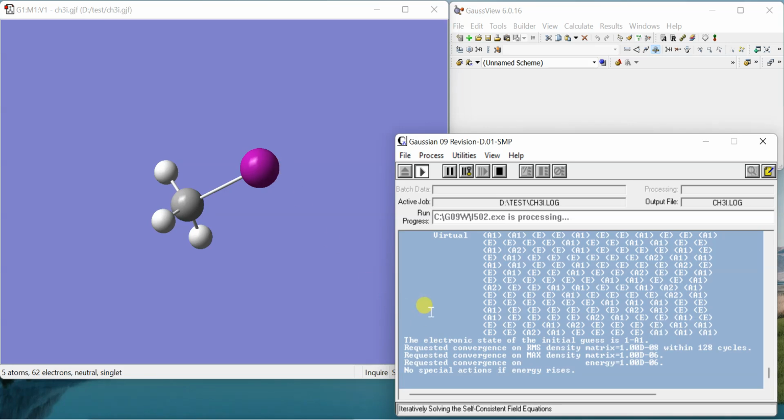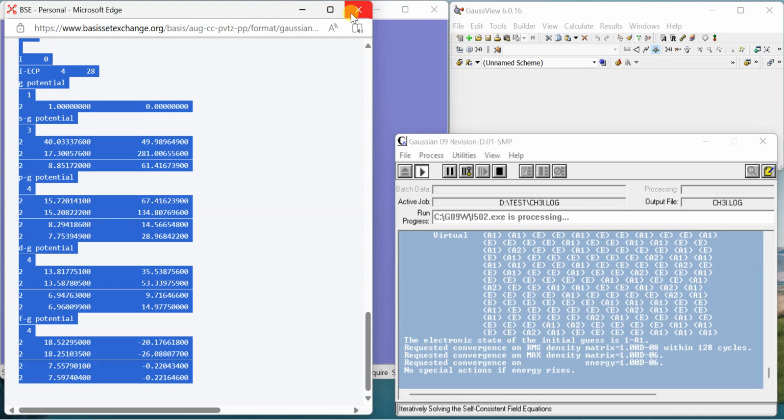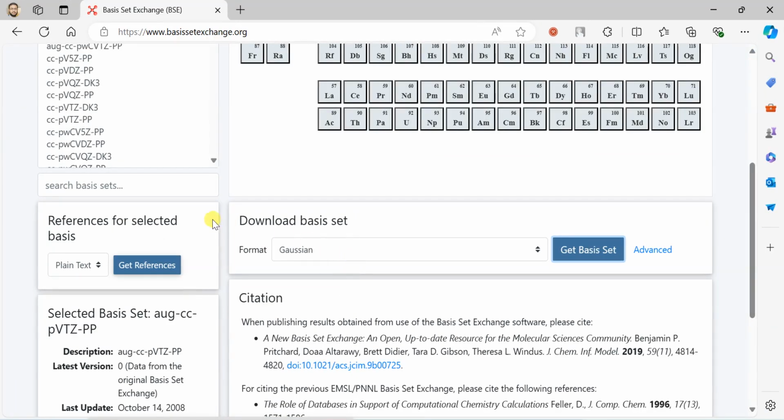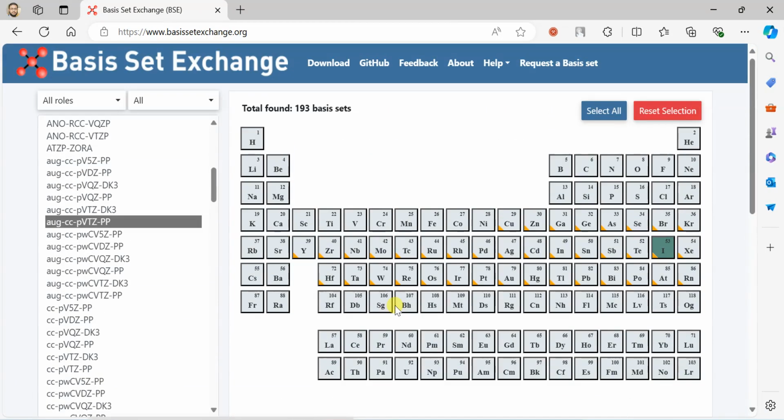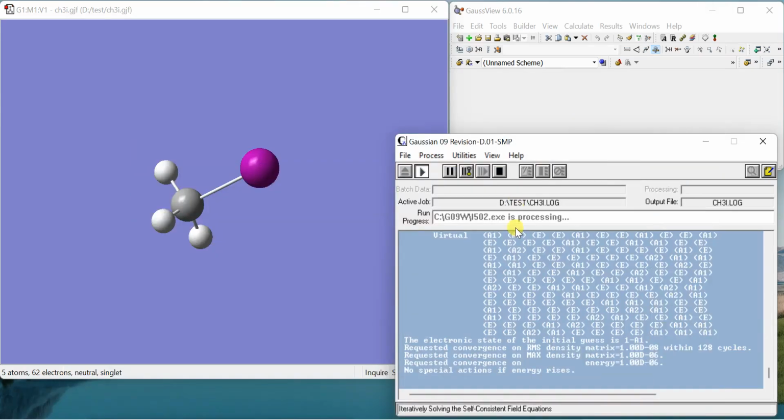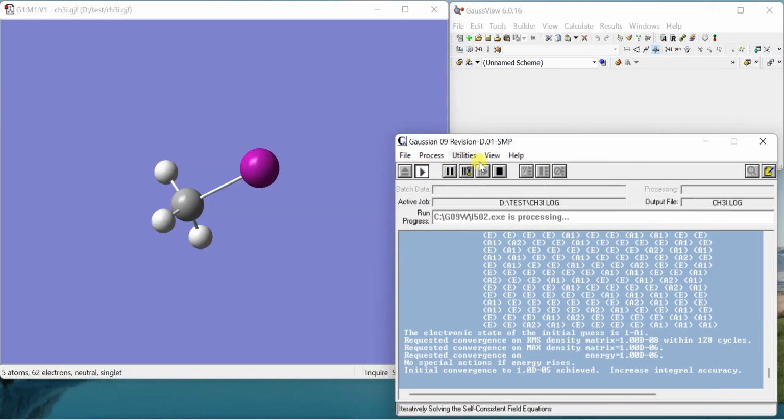And the same is the case if you don't have a basis set available in Gaussian or any other software: you can simply go to the Basis Set Exchange website, get the basis set, and include it manually in your calculation, and that is how you can use any kind of basis set you want. I'll not wait for the calculation to finish because it's running on one processor, and it might take a long time. The main thing is that it didn't give an error and it started running,